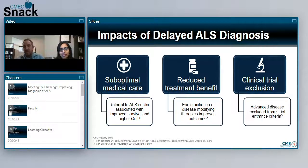And then as far as clinical trials go, patients with ALS have a very narrow window to get into a clinical trial. They're getting very stringent on, you need to be symptomatic to the point that you're probable or definite ALS based on those criteria, but not so bad that you're not going to show an effect if we're trying to slow it down with our medicines. And so, whether they've had the disease for too long,